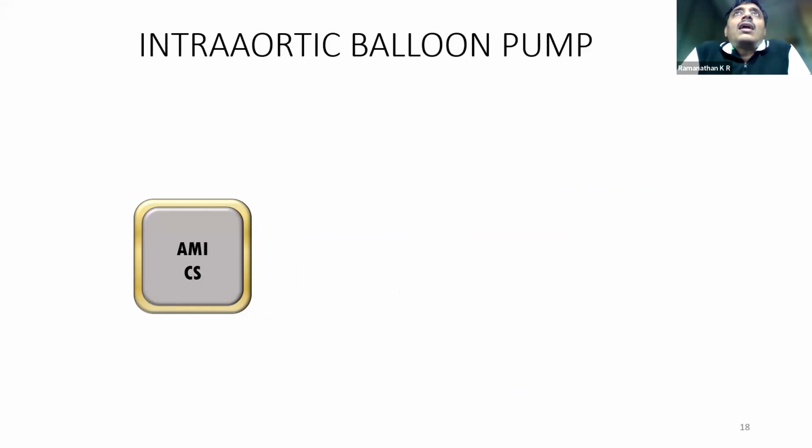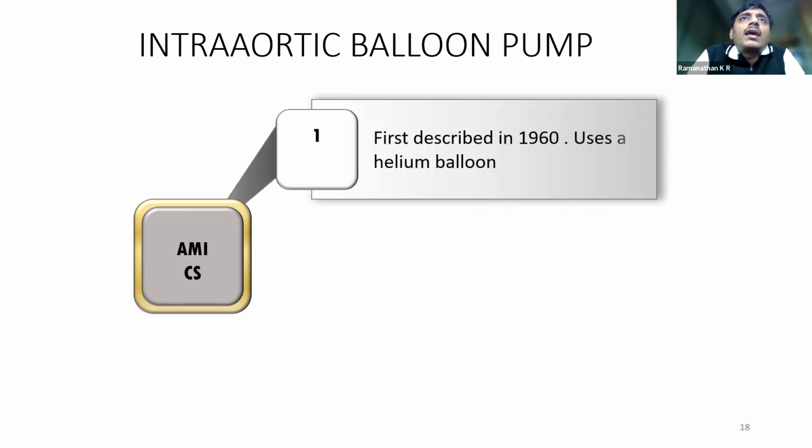However, in a less resourceful setting, you would find that when inotropes start increasing, or when you move from your first inotrope to the addition of a second inotrope, and clinically you get to see that your patient is worsening, one of the things that most physicians resort to is the intra-aortic balloon pump.